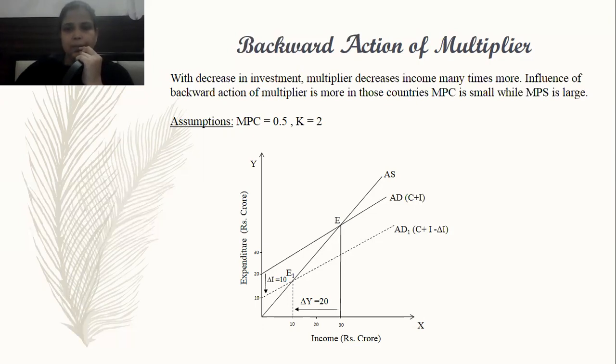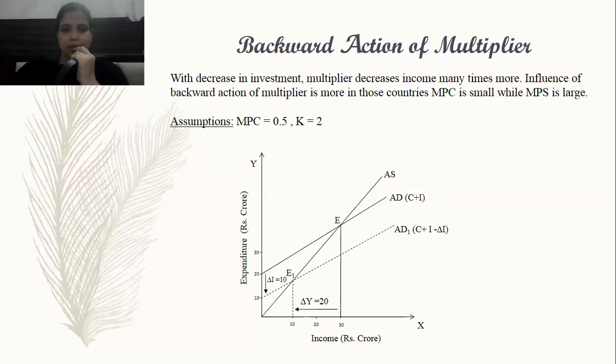First, we'll draw aggregate supply curve starting from origin. Then aggregate demand curve AD, that is summation of consumption and investment, starts from 20. The first equilibrium point is E, at which expenditure is equal to 20 crore rupees and income is 30 crore rupees. If there is decrease in investment of 10 crore rupees, it means if you move from AD to AD1, AD1 is equal to consumption plus investment minus change in investment. It means if you decrease your investment from 20 to 10,